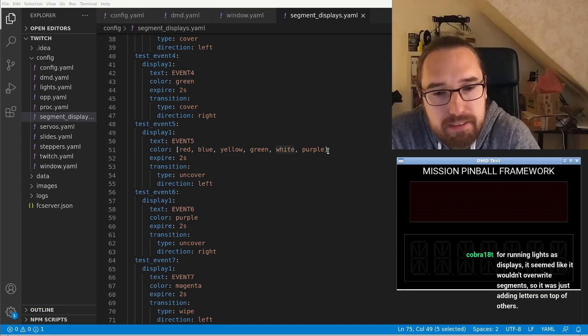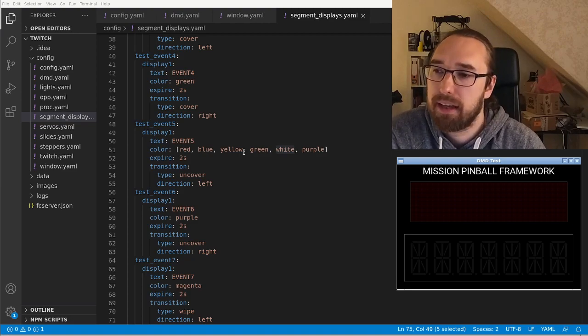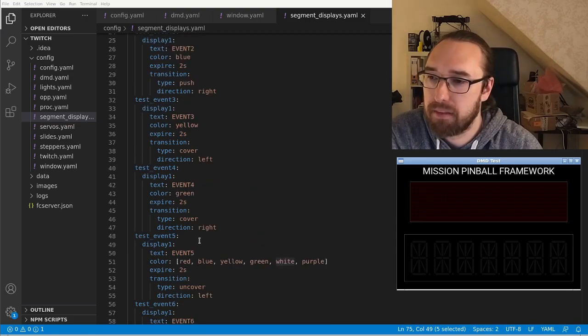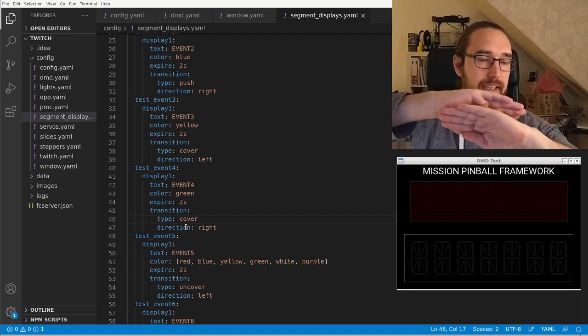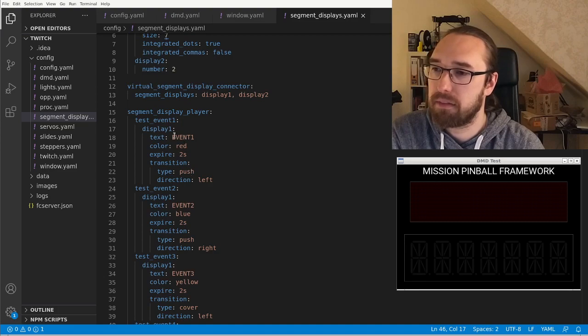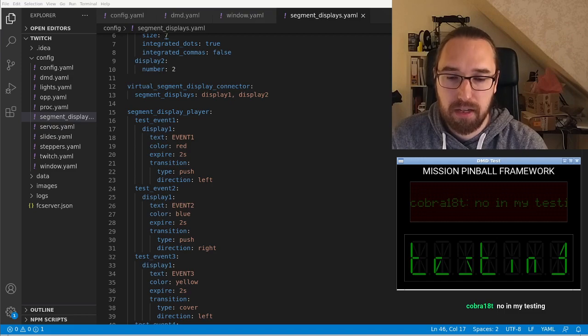For running lights as displays, it seems like it wouldn't overwrite segments, so it was just adding letters on top of each other. You mean now here on my display or anywhere else? So here, on every event I got a different animation, and there's this cover animation. That's basically where it covers the text over the other one. And for example, event 1 will push the text out. So if I put pioneer testing,